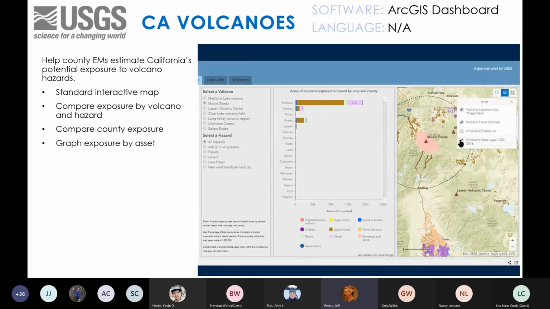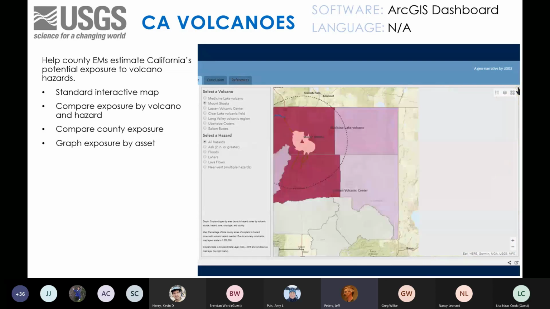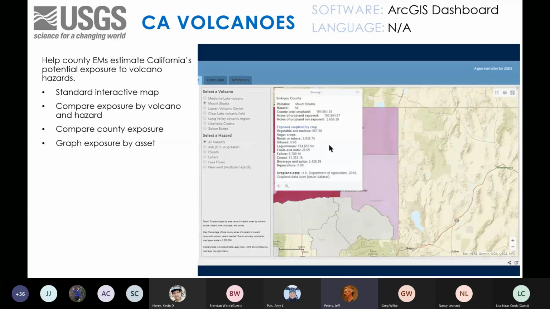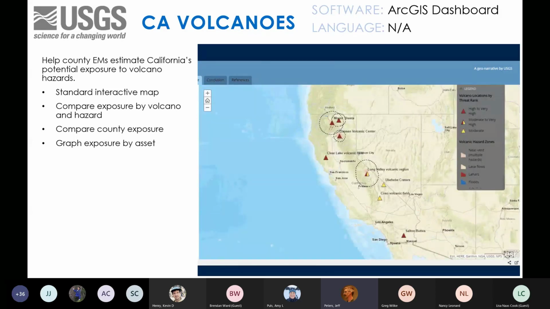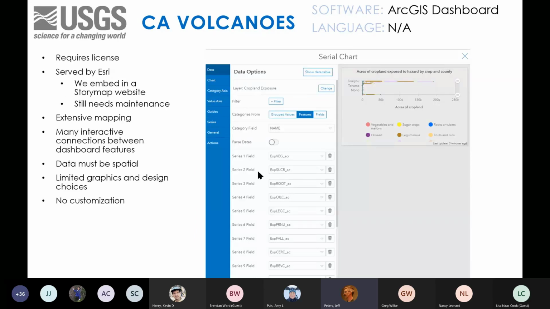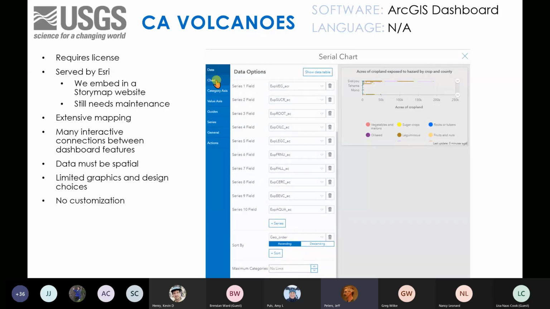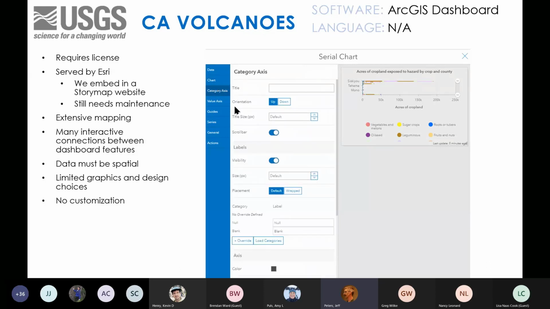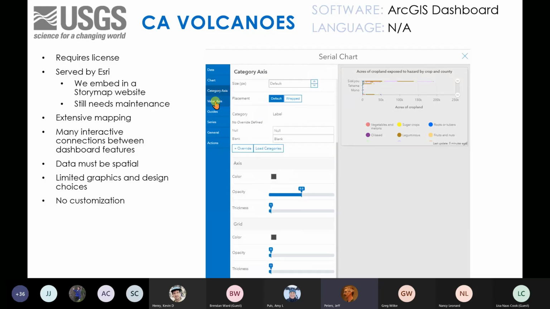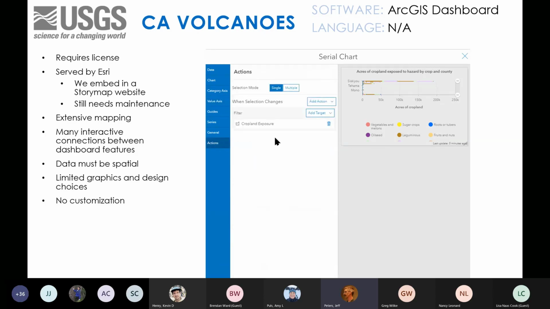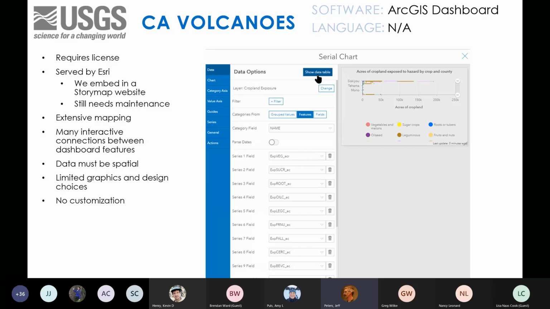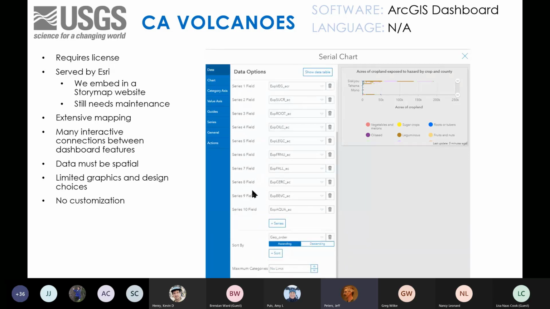And the real challenge with this one is I was struggling to fit everything on the screen. So you'll see you're able to hide stuff in this Esri dashboard and get the full picture, which I thought was really handy. And this one I was able to show you what it's like to build. Here's one of the screens in the Esri dashboards, or ArcGIS dashboards, where you're selecting the options for the various graphs I used. And you'll notice there's no customization. You can't customize the colors.